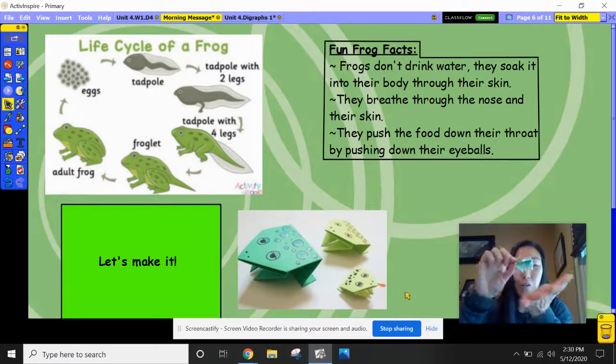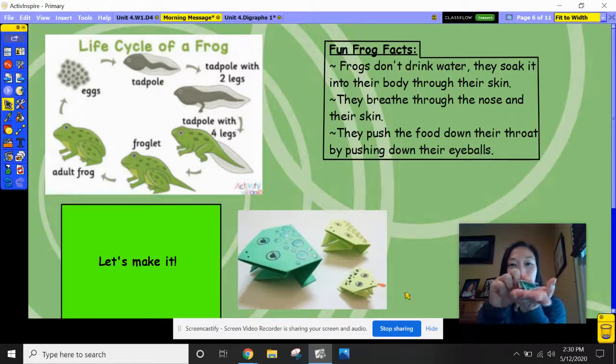All right, so hopefully you guys can make your frogs and then maybe jump with them. So let's see. I'm going to point mine